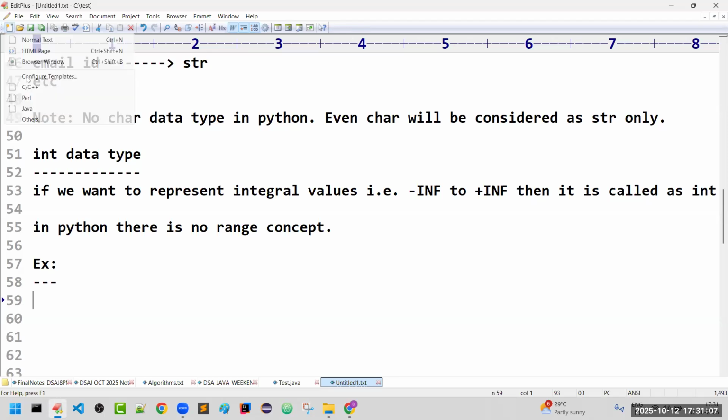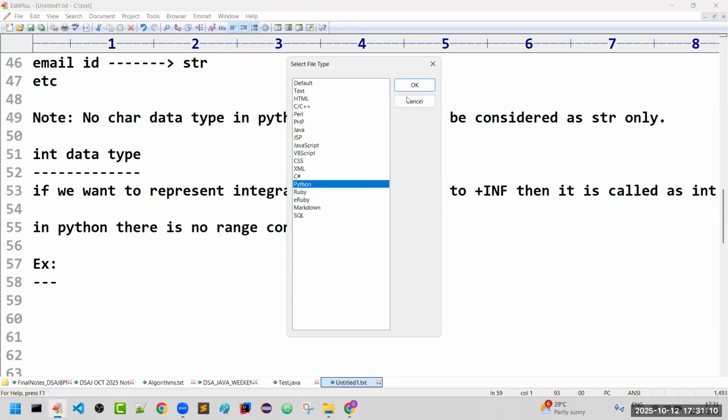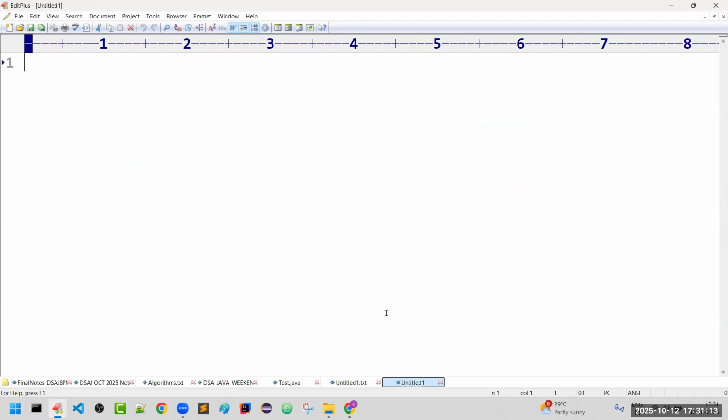So coming to the example, I'm going to take a simple Python program. How to execute a Python program? You need to type a Python program and it does not have any fixed format. In other programming languages, the program always starts from the main method, and a separate format is there. But here there is no such thing. Simply we write print of "welcome" within double quotations. That's all. Even a semicolon is not required. It is a simple Python program.